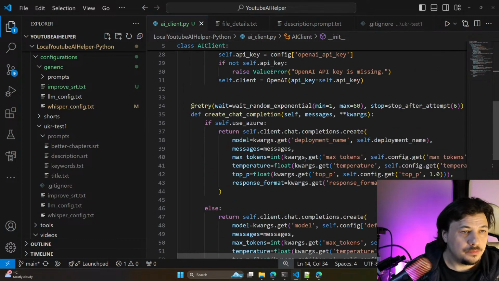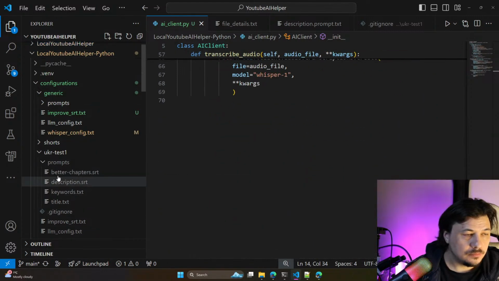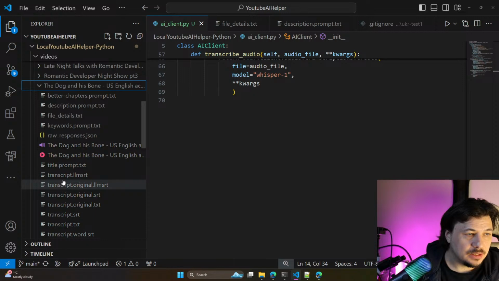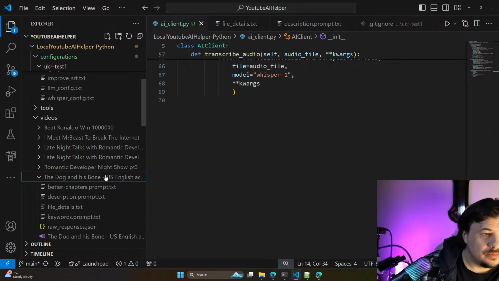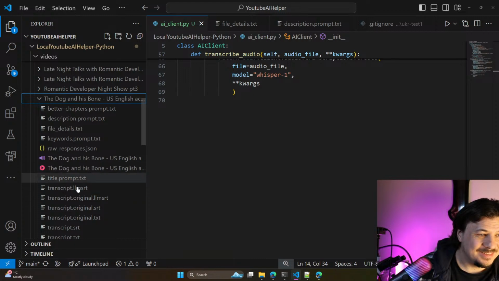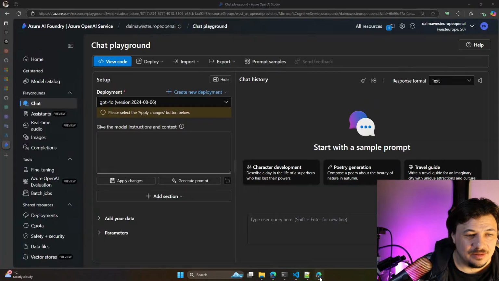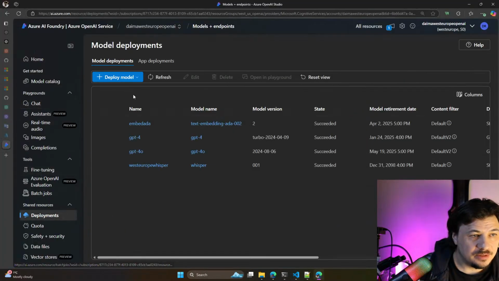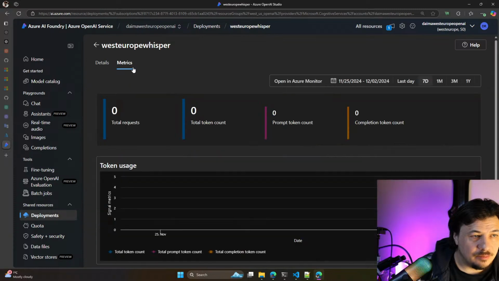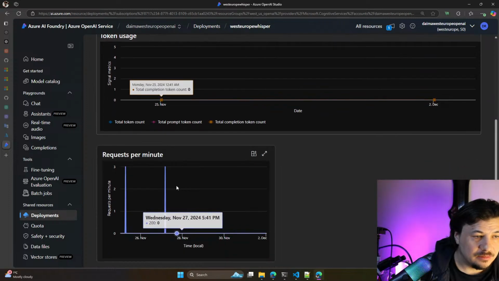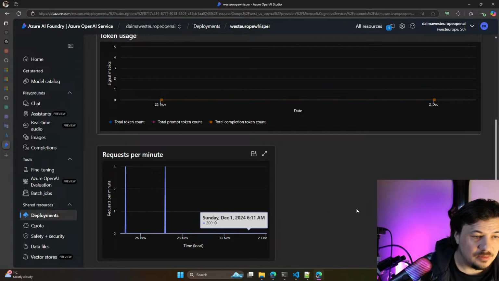What we will do here in config, because now we don't have any idea if we use Azure OpenAI or not. Probably we can go here to our deployments and see metrics, but it's not refreshed right away. Request per minute, November 27, November 25.